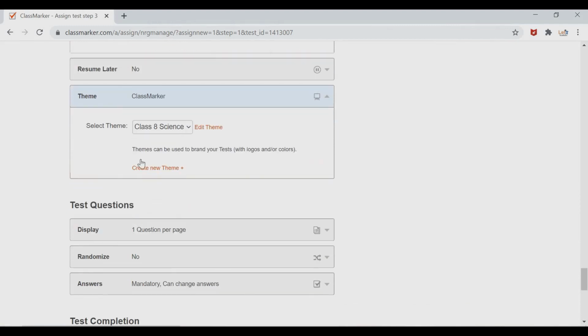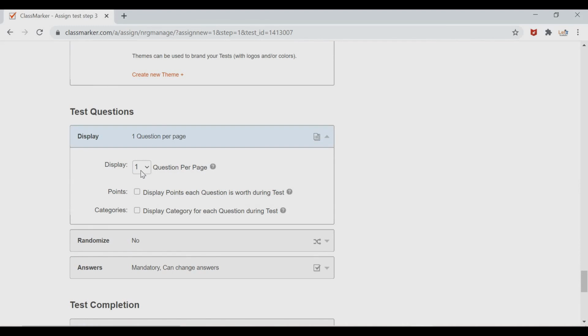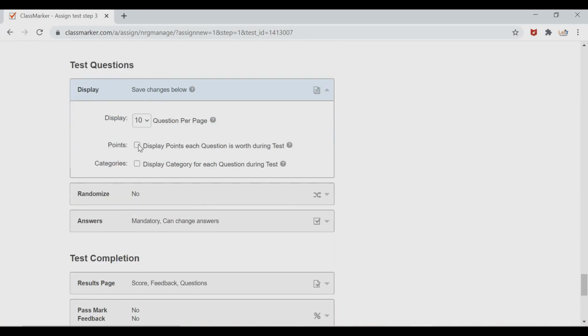Now next is test questions, 1 question per page. In some competitive online examinations, we have only 1 question per page, but for students it's better you make 10 questions per page visible, and display the points each question is worth during the test. Category they can show, or category no need, but points should be displayed with the question.